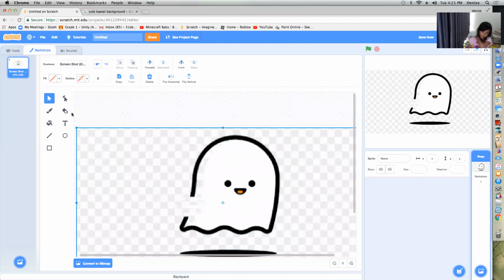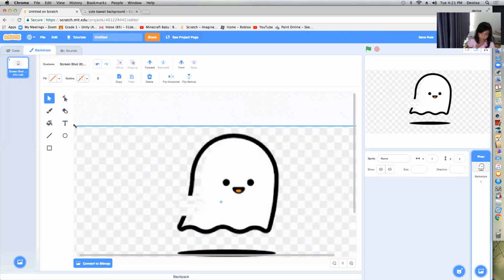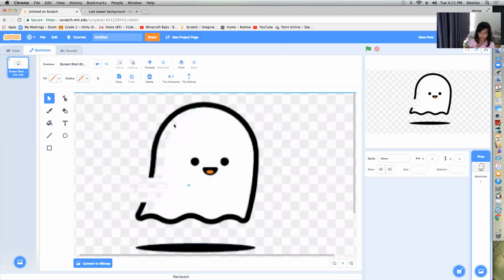Wait, convert to vector and make it bigger.